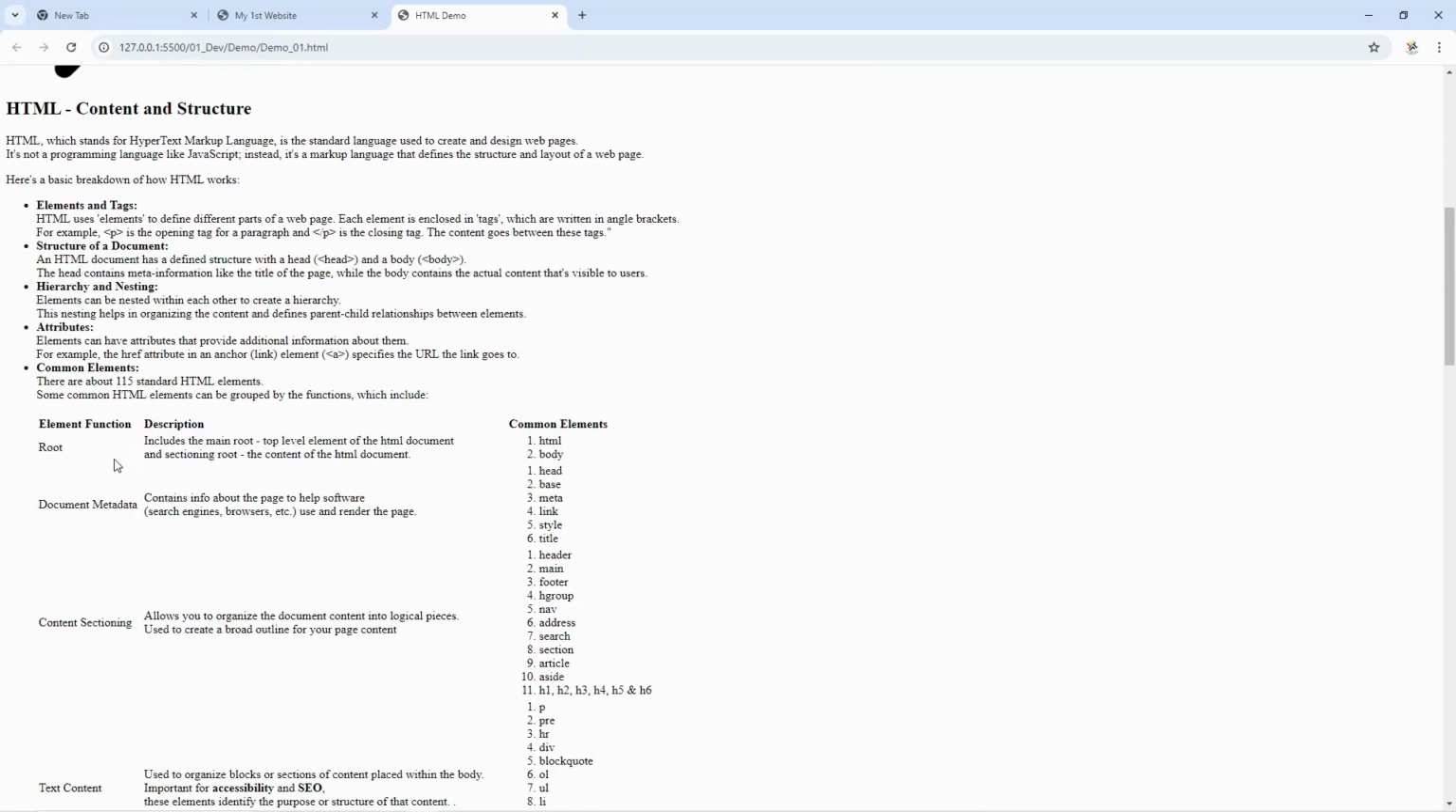And we are here including a table which you cannot clearly see because it's HTML and the borders are not shown. Table of elements, the descriptions, or should I say element functions, their descriptions, and the common elements. For instance, the root function, you have the HTML and the body. For document metadata, you have everything from the head, base, meta, link, style, title. For content sectioning, you have header, main, footer, and so on and so forth. There's quite a good number of